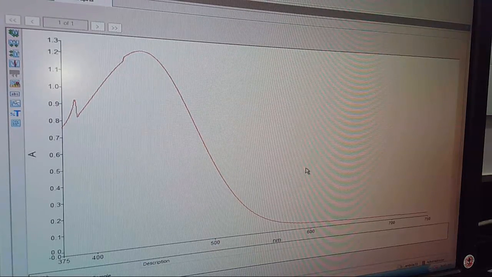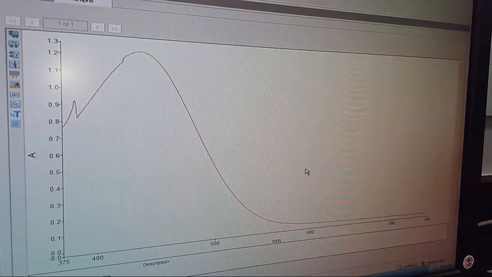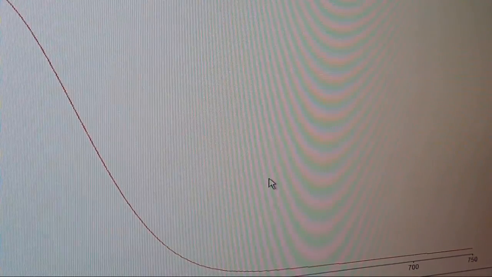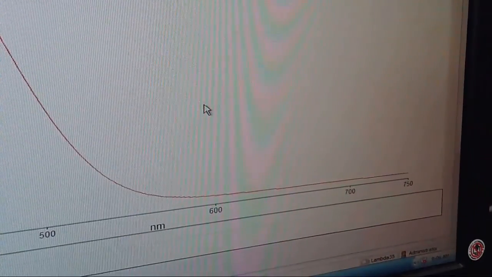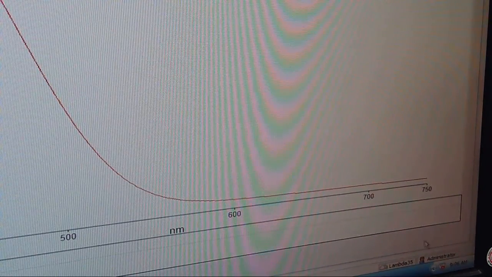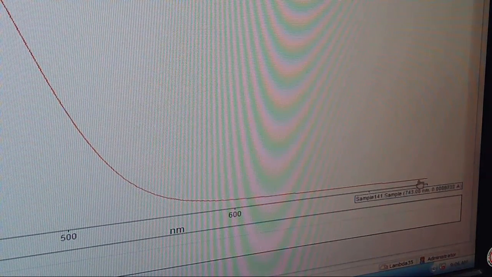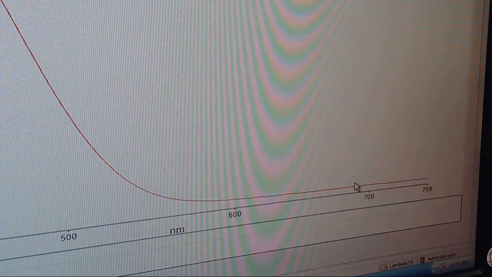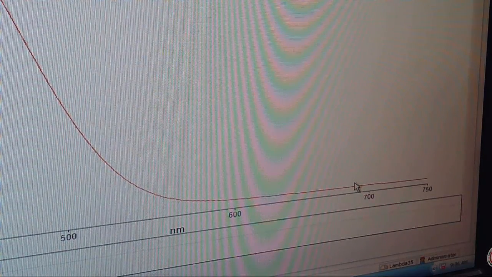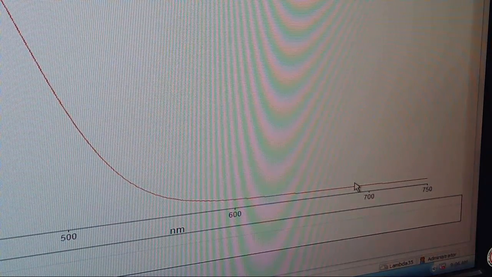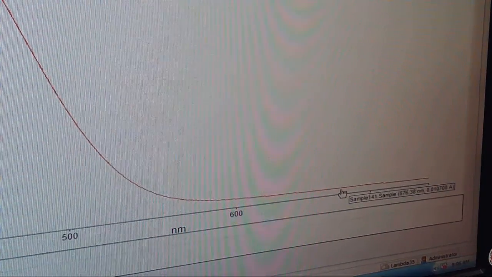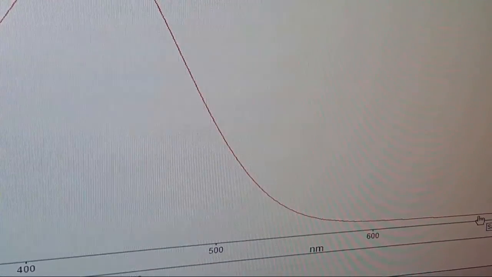First, the good stuff. If we scroll down or zoom in here at long wavelengths, it doesn't show up on the screen very well, but way over here, it's 750, 700 nanometers. This line looks pretty smooth. So we've got pretty good signal to noise. Like it's smooth, it's not jaggedy, not jiggling up and down. That's good. That's what we want. We want to see that. If we scroll over to where it's absorbing,